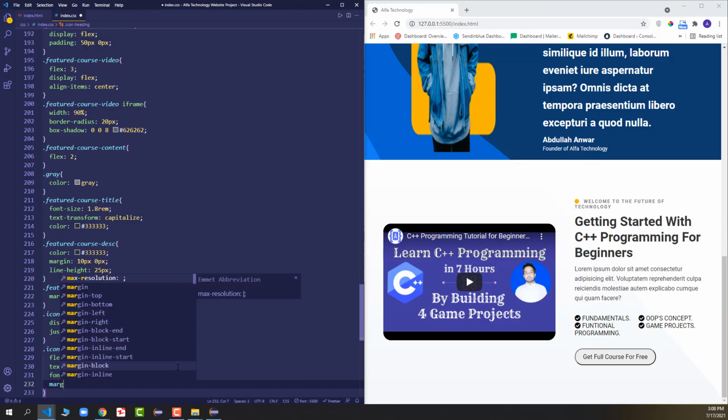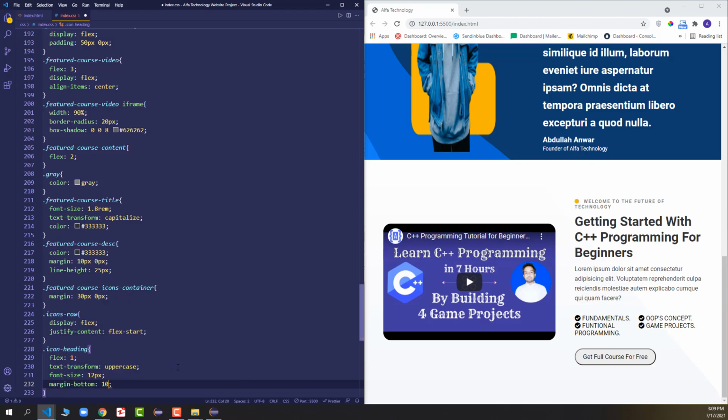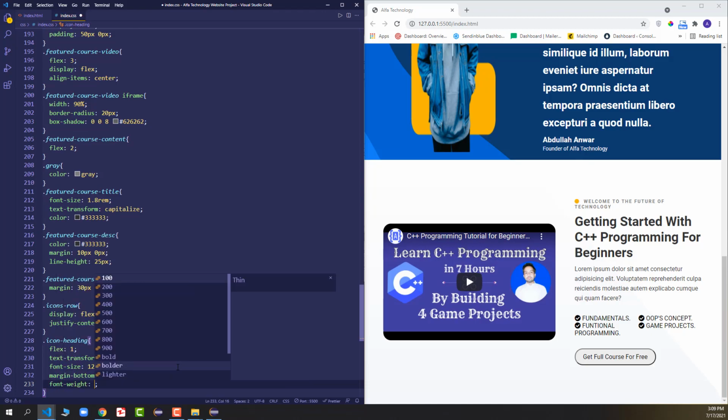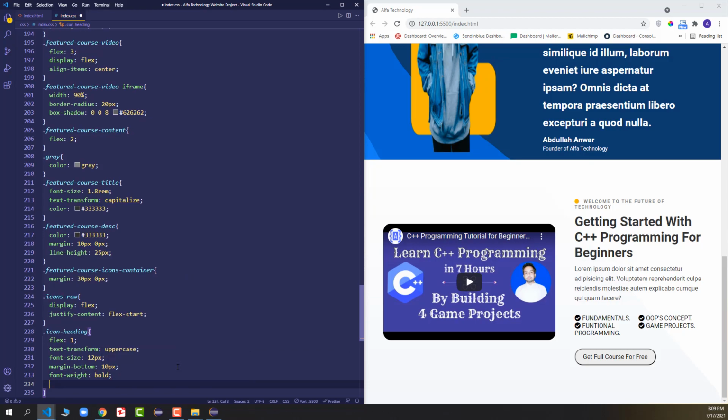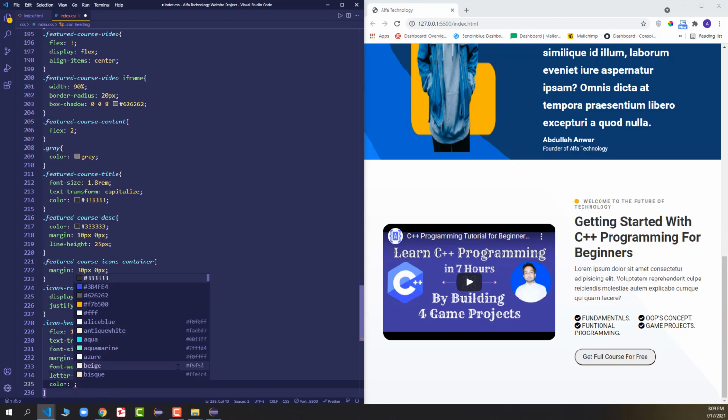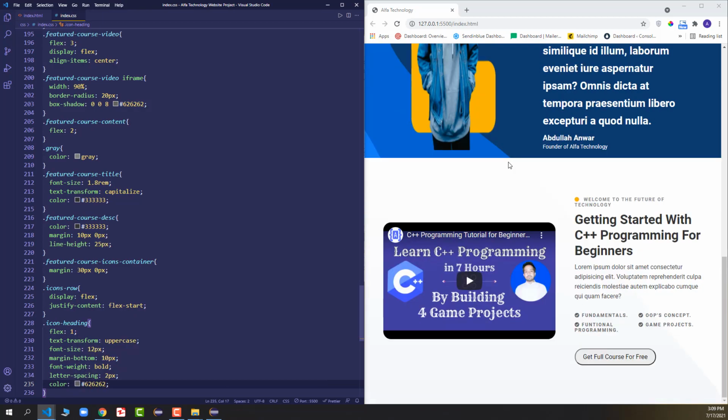So we'll say margin bottom 10 pixel, and then we'll say font weight bold, and we'll add letter spacing 2 pixel, and we'll have the color as hash 626262. Now you can see we got a beautiful small heading, you can say our icons heading as well.